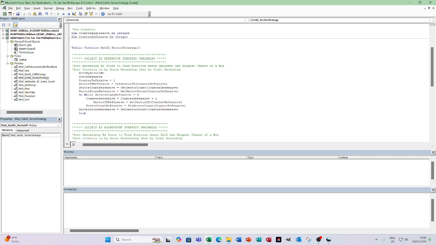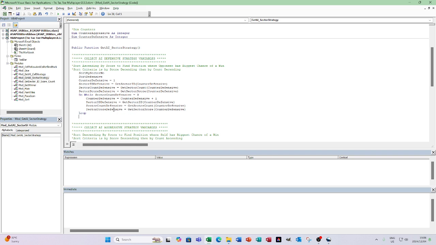Just want to format it properly. So now it has picked up the counter defensive. It sees that it has a value of 3, so it needs to find an alternative. So it's adding 1 to the counter defensive, and then calling the next counter defensive strategy,